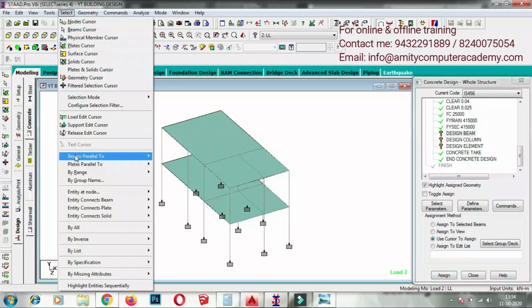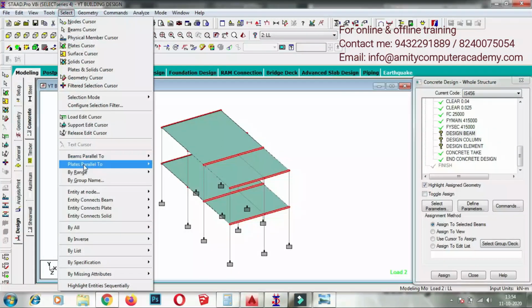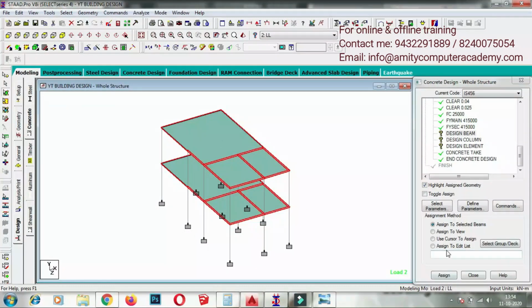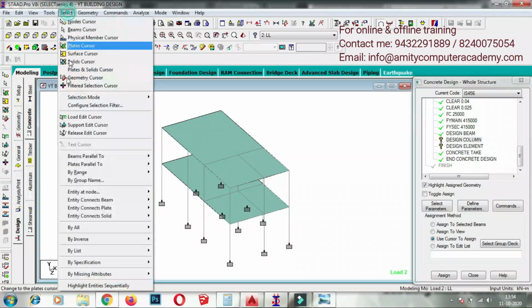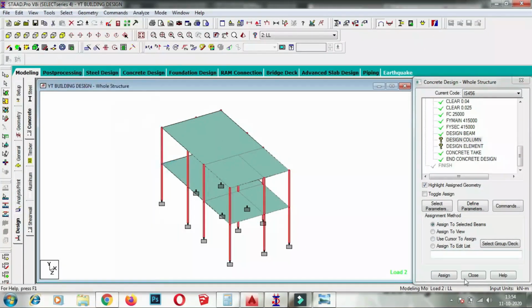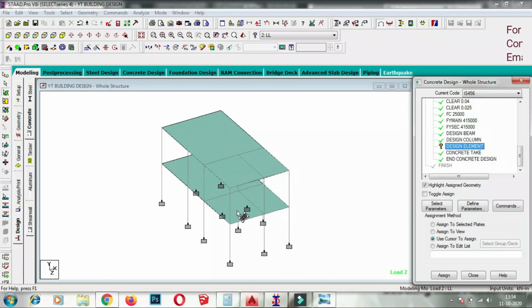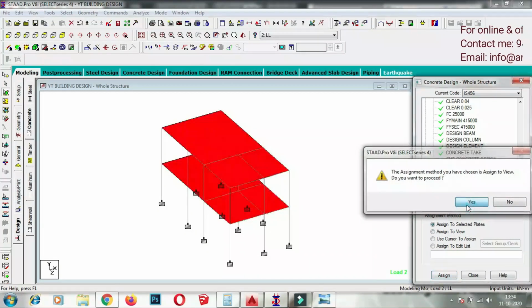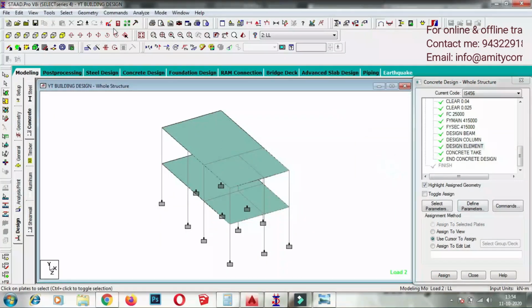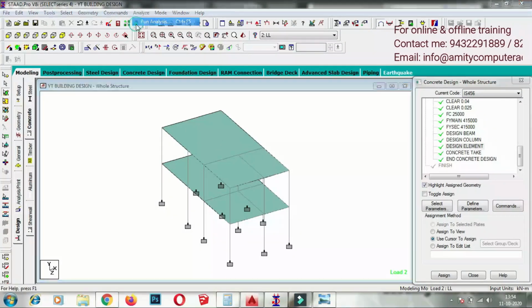Select beam parallel to x-axis, beam parallel to z-axis, and then assign to selected beam. Design column is for column, so assign, again assign, and then element is for plate. So again you can click on assign to view, and it will get assigned to the plates. Okay, now analysis.